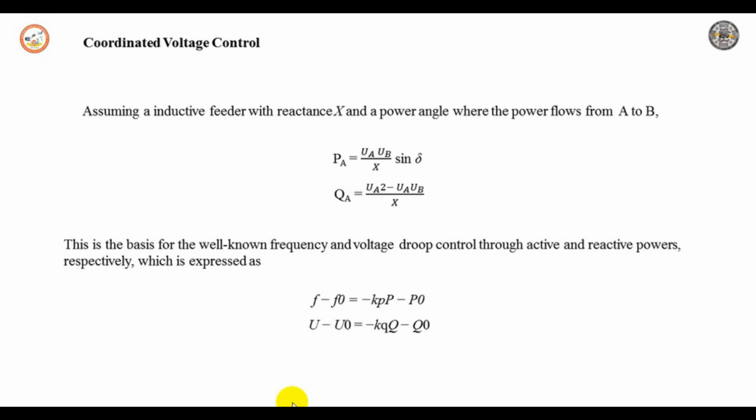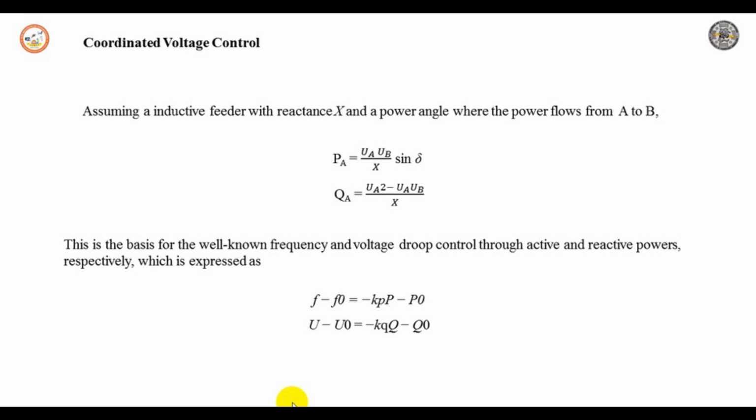Moreover, each unit does not aim at a full compensation of voltage. Hence, if all the units have the same droop curve and operate at the same time, the voltage amplitude would not exceed a limit. So this wraps up the coordinated voltage control. Let us move on to